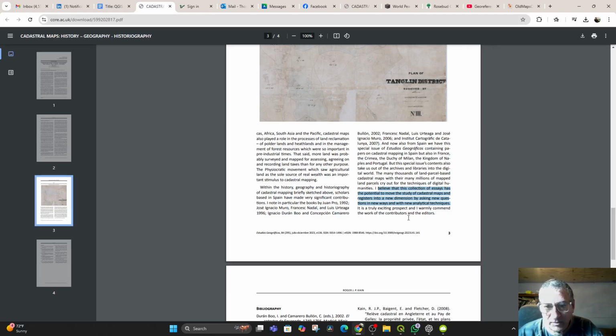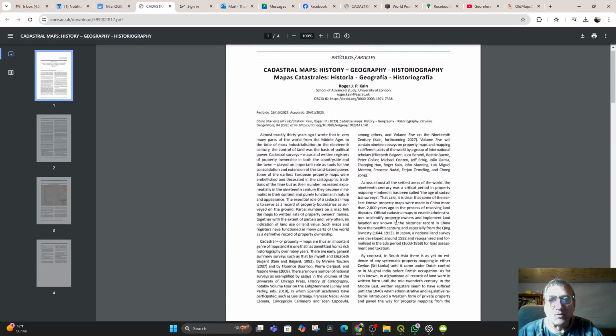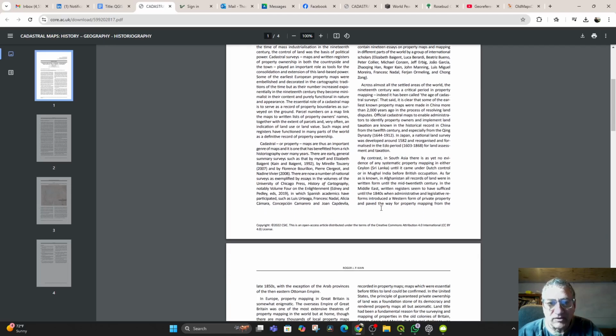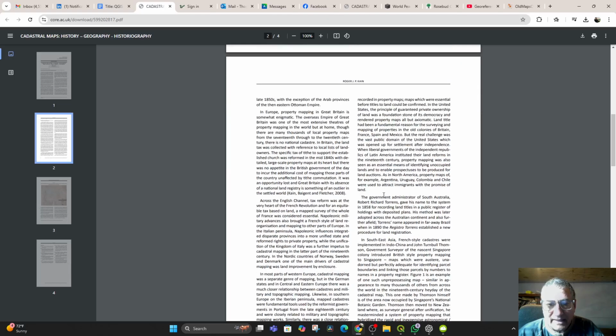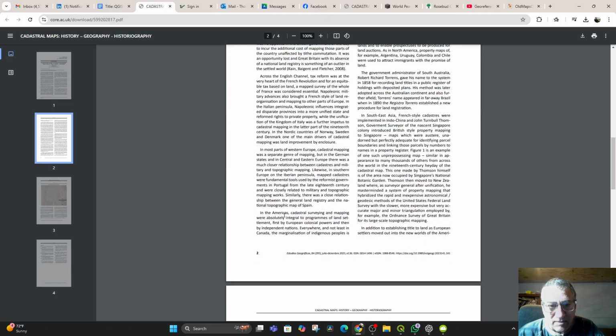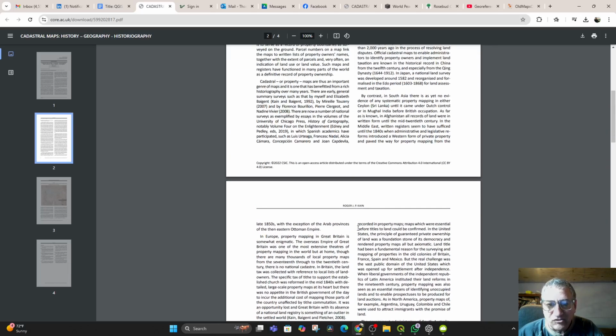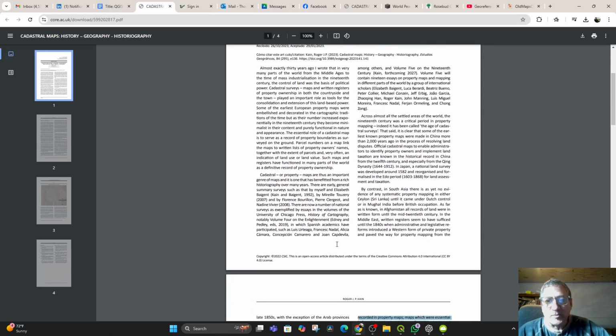A really exciting prospect. And really, what's pointed out in here is that cadastral maps are often used in conquest. It says here, in the Americas, they were absolutely integral to programs of land settlement by colonial powers and then by independent nations. Not least in Canada, the marginalization of Indigenous peoples is recorded in property maps. Maps which were essential before titles to land could be confirmed. And so cadastral, meaning determining property by mapping, has been so tied up in the marginalization of peoples, whether it